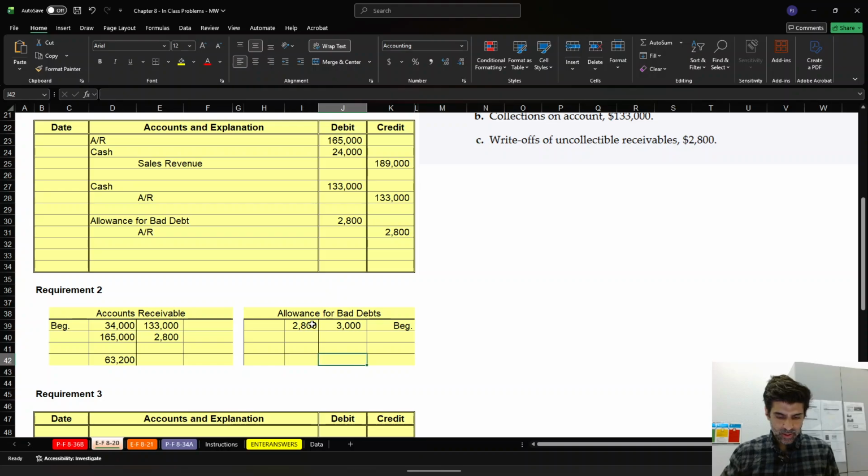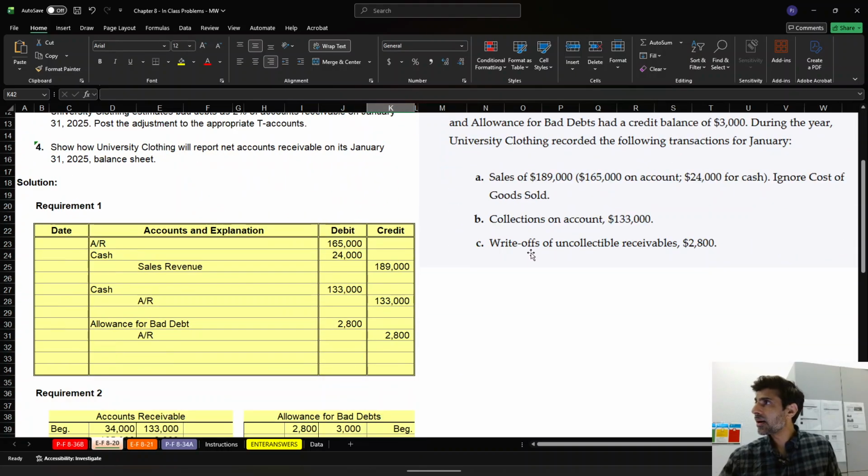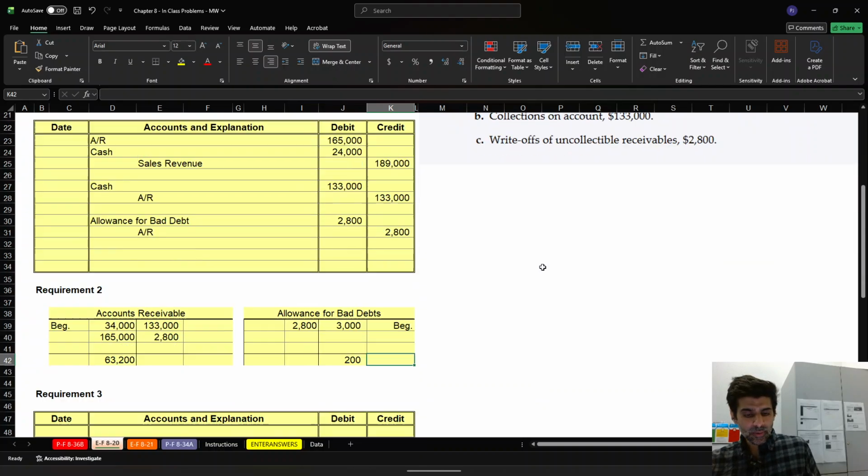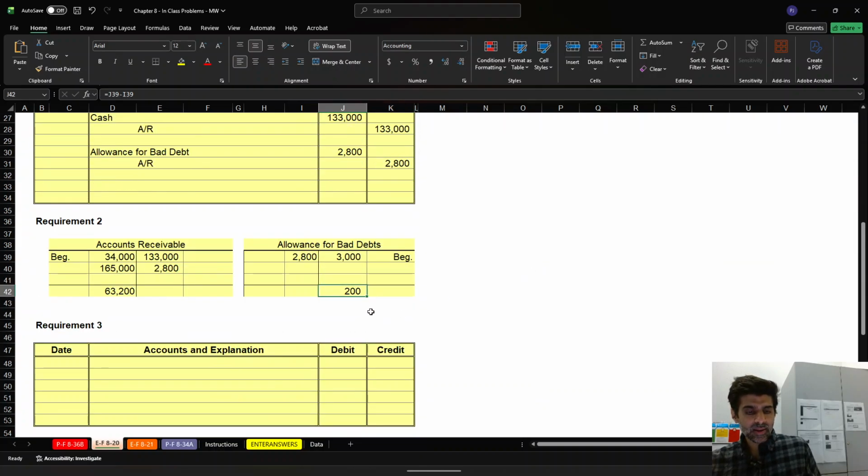And then this is going to be a credit balance, 200. Okay. So everyone good here? Everyone got to this point? No? Okay. So I will pause it here. Now, what we are saying is that this allowance for bad debt, the unadjusted,